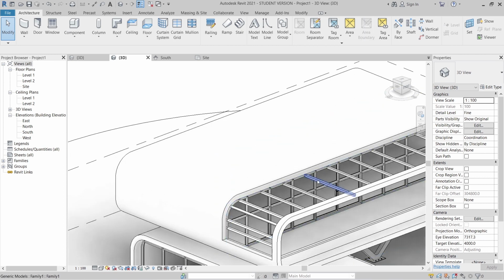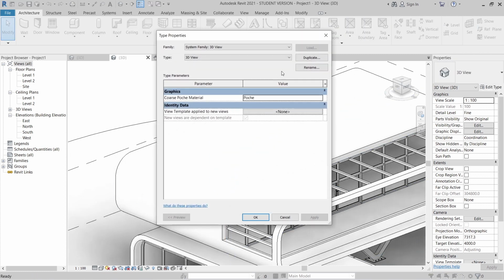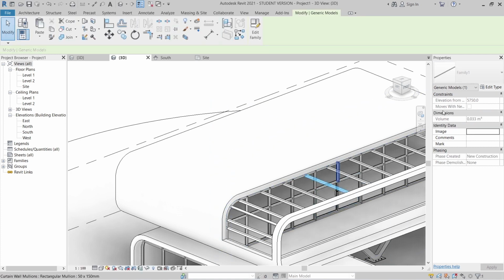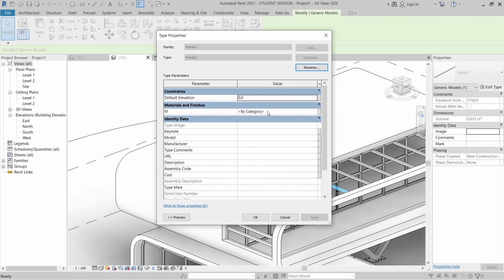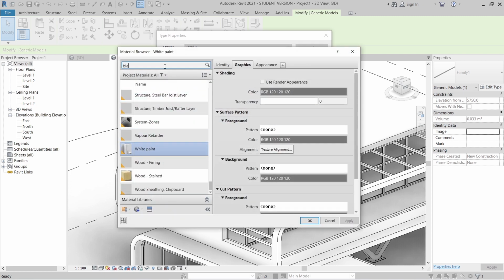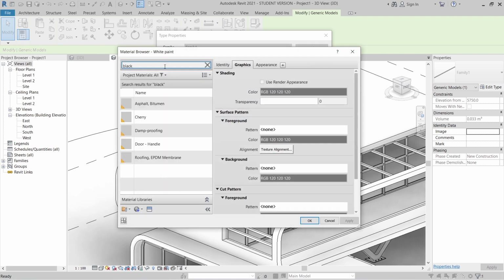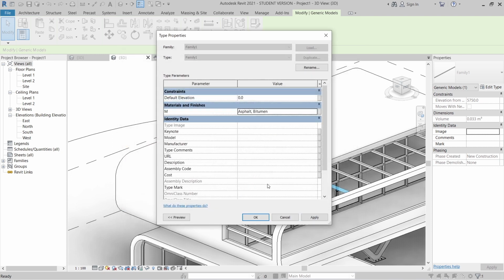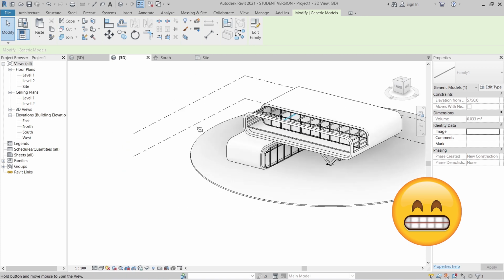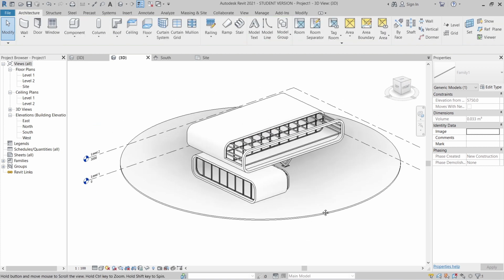Let's create a new material also. Select our adaptive component, edit type, and make our new material. Finding the black color. All of them I know already because some of my materials are still updating, but I don't want to wait for that. I know already exactly what the black color is because I use it every day actually. Okay, so now what we are missing, I think we almost finished already.